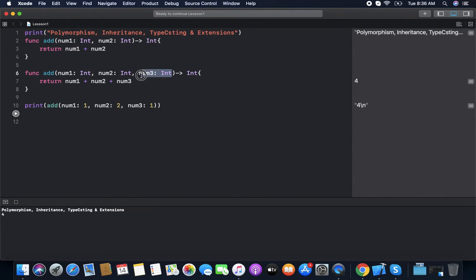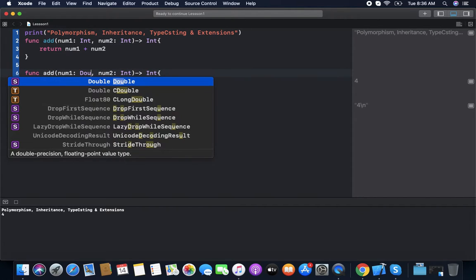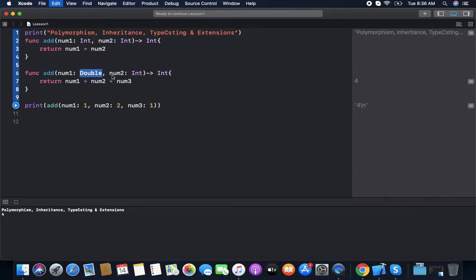Like we want to add two doubles. It has the same number of parameters but the type is different. So as per the polymorphism definition, anything that has more than one form, here the functions have more than one form.